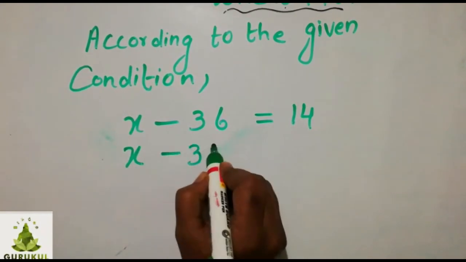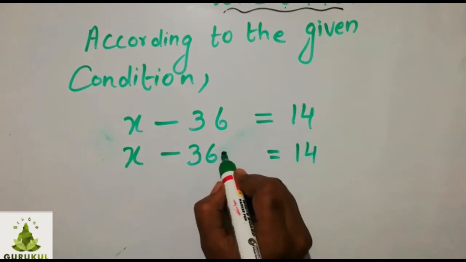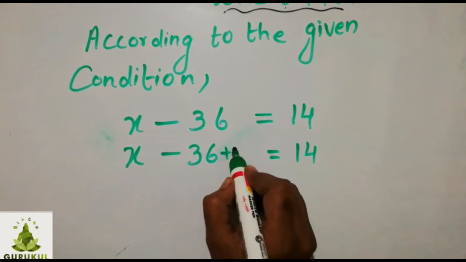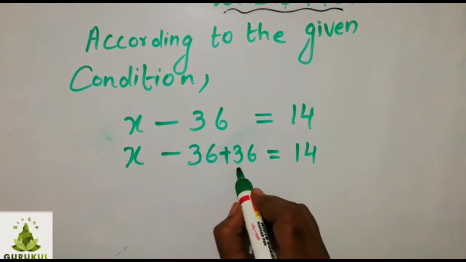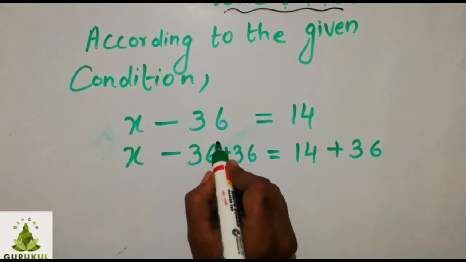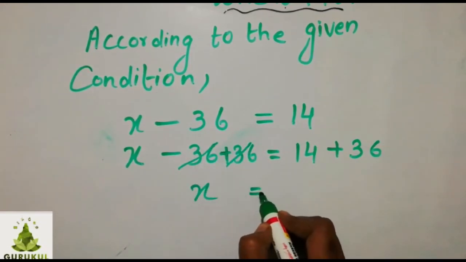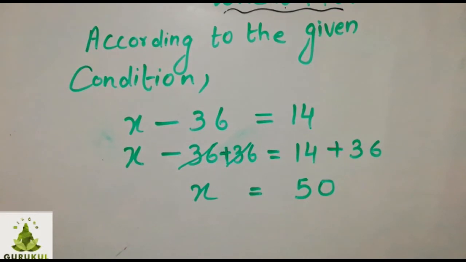What will you do with the minus 36? You don't want this minus 36 here. To remove this constant number, add 36, take its opposite. Minus 36, its opposite is plus 36. If I add 36 here, you have to add the same number to the right hand side also. So this gets cancelled. X is equal to how much? Calculate this and tell me. Now X is equal to 50. Archana bought 50 kilogram of wheat. That is what we have taken as X. Is that clear? So the last statement you have to write.